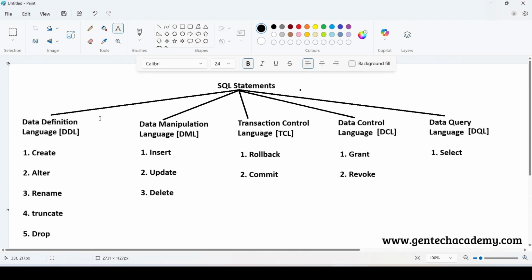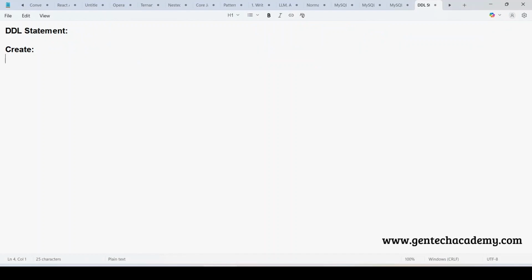In this video, let us explore the first DDL statement, called create. By using the create statement, we can create the table structure. So, DDL statement create: by using it, we can create the table. The syntax is in this way: create table